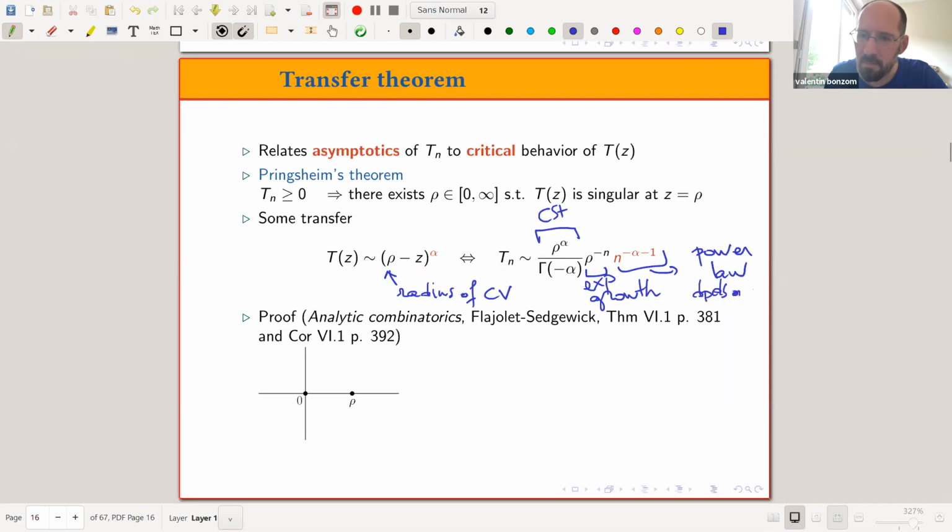Depends on alpha. So basically the exponent in the singularity, you recover it in this power law decay here, n to the minus alpha minus 1. And the proof is not too complicated. I'm giving here the reference because it's a very classical book, Analytic Combinatorics by Flajolet and Sedgewick. So the basic idea of the proof is Cauchy formula